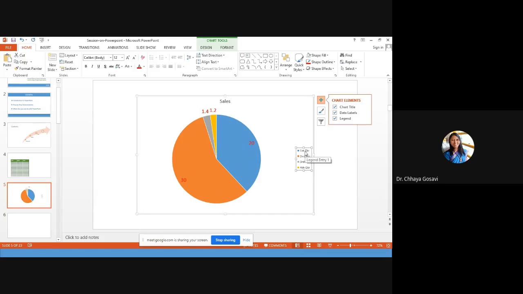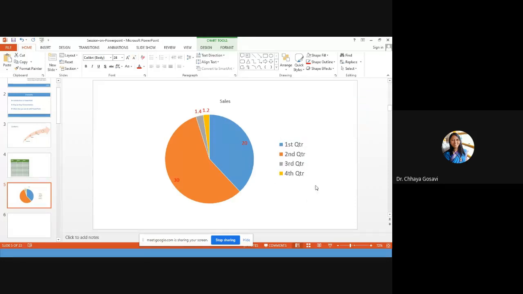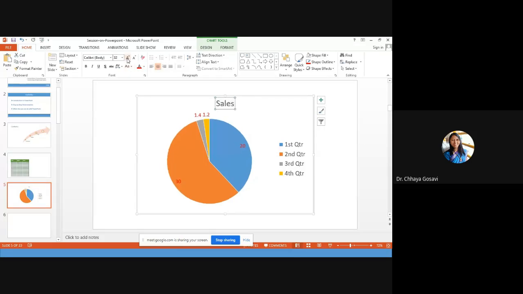Again, select that particular text box, increase the font or decrease the font, or change the colors, etc. So you can not only add or copy paste, you can edit the chart, you can change the visualization of a chart, and similarly you can change the title also. So we can change legends, titles, labels, and data.